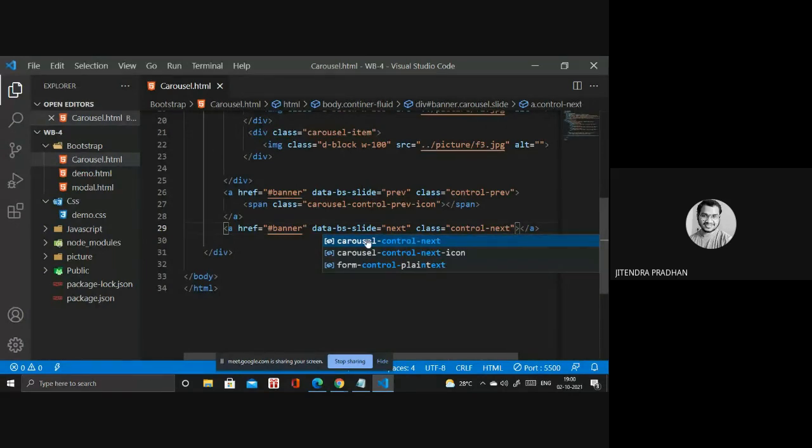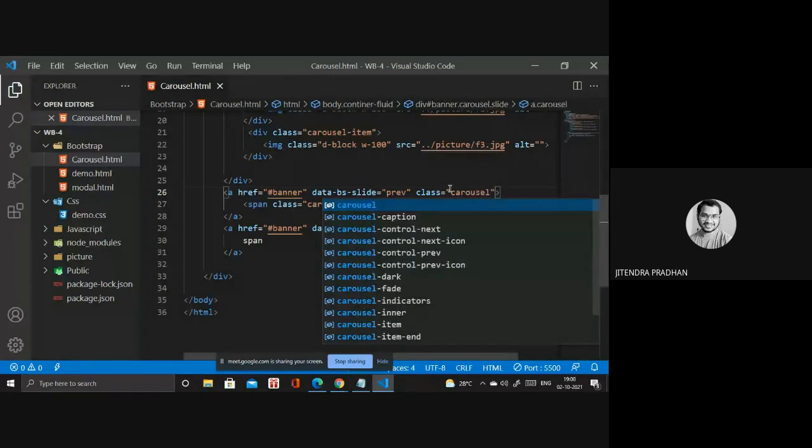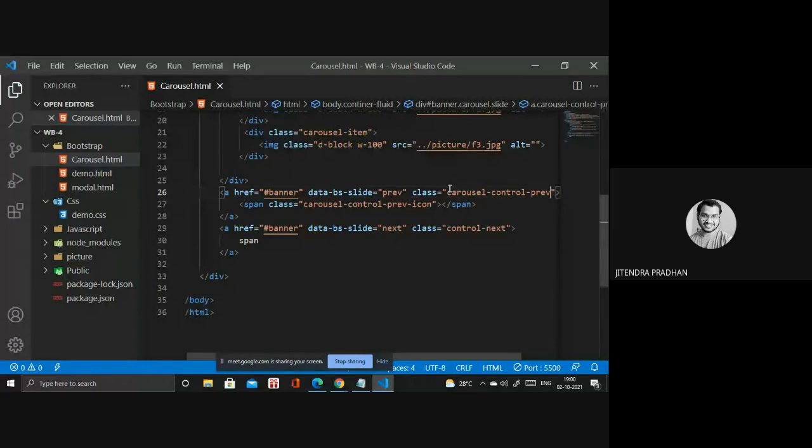So in between that, we have to create a span. It's not control figures, it's carousel, change that one. Carousel control next. You have to use the correct class, otherwise it won't work properly.